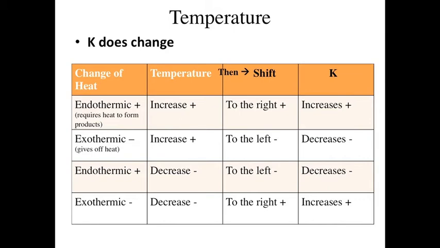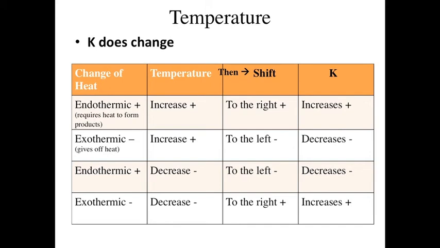Also, on a side note, I put positive and negative signs to correspond to certain words to kind of make it easier to remember visually. So the positives are associated with forward or increasing or adding, and negative signs are associated with subtracting or going backwards or decreasing. So endothermic is positive because you're adding heat, and increasing is obviously positive because you're increasing, and to the right is kind of like going forward to products. Reactants to products kind of seems positive, and conversely for decreasing, exothermic giving off heat, so you're subtracting, and going to the left is like going backwards,